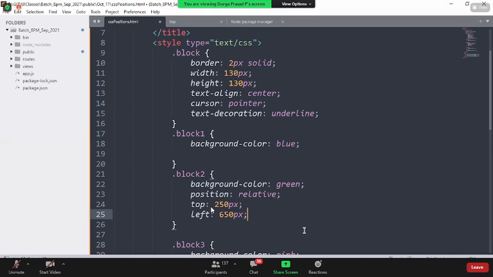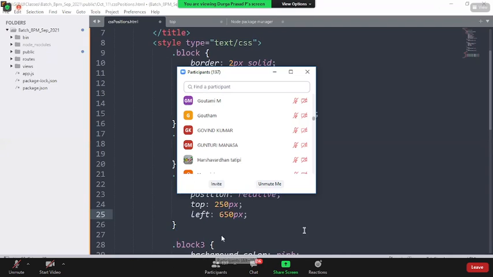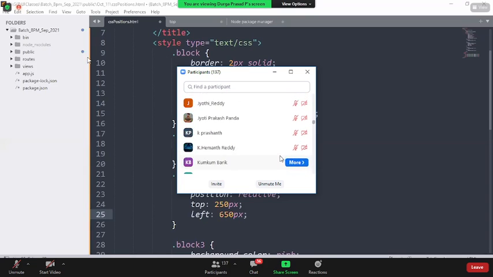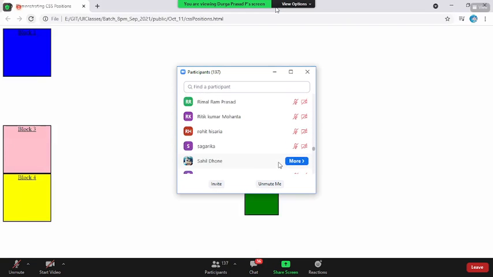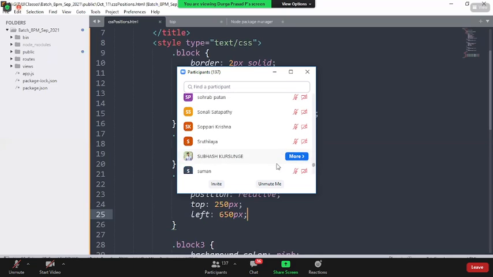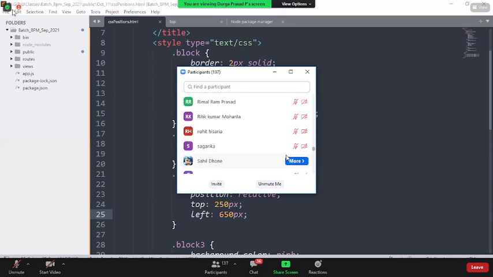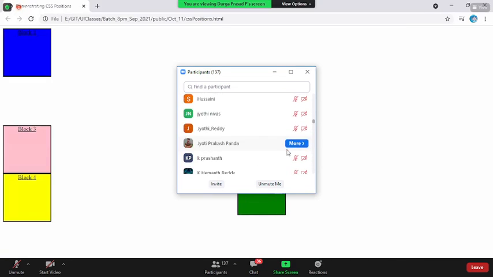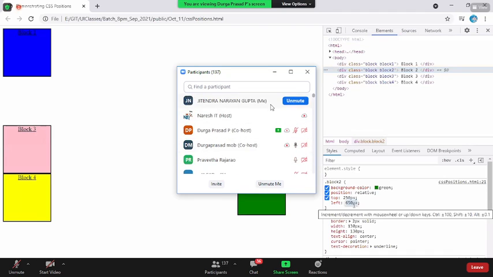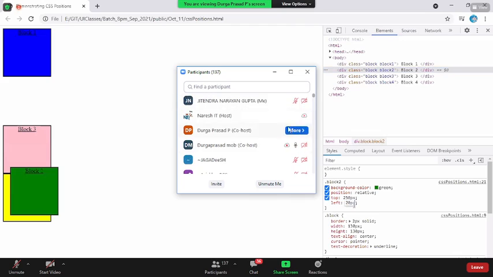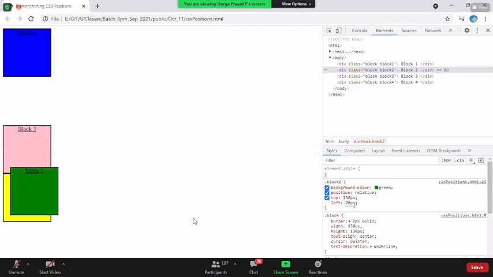You told that the green block is on top, which is like a z-axis, and you also told that we cannot give other content in that particular container. Then how does it mean it is on top and we can add something behind it? Okay, but we can actually check it, right? Now I say the left of the guy is 20 pixels. Why is the green guy coming on top of the pink guy and the yellow guy? That itself says it's on top of it.